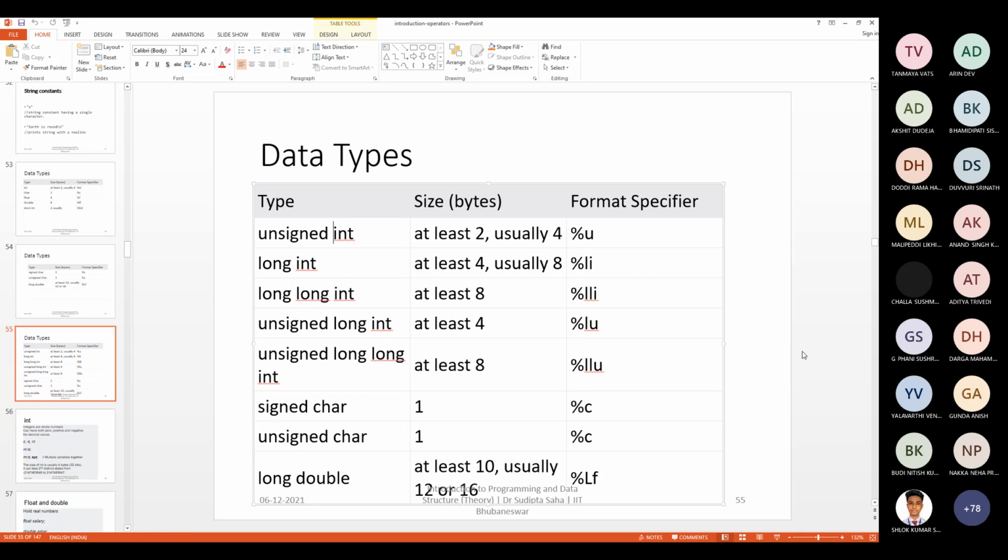Even the sign is represented using a single bit. We'll come to what a bit and a byte are; that is the unit of memory. We always want to optimize because we have a hard limitation. We don't have an infinite amount of memory or capacity, so whatever capacity we have, we have to utilize it in a very nice way. Otherwise, we'll be running out of resources. That's why we always try to optimize.